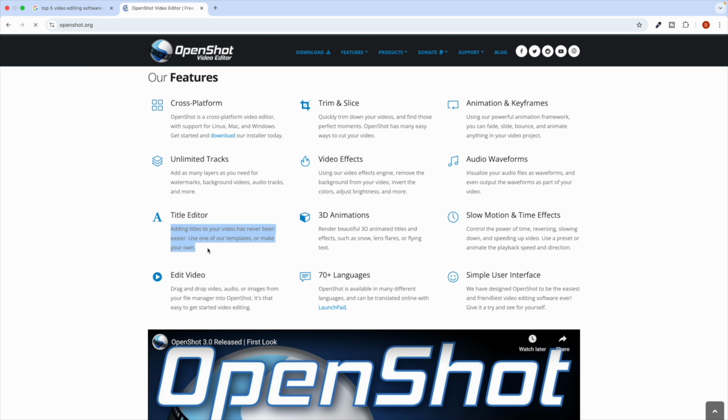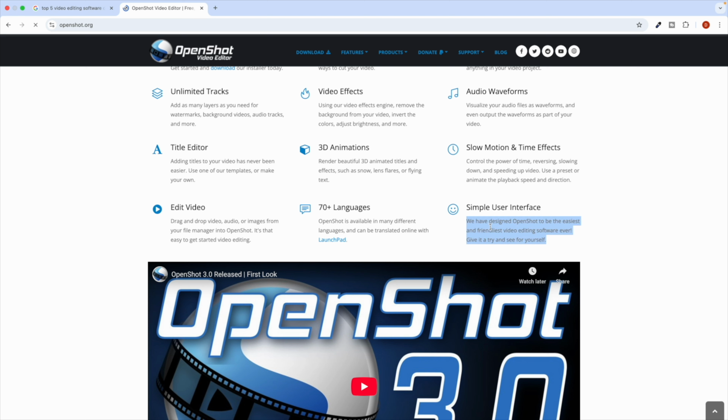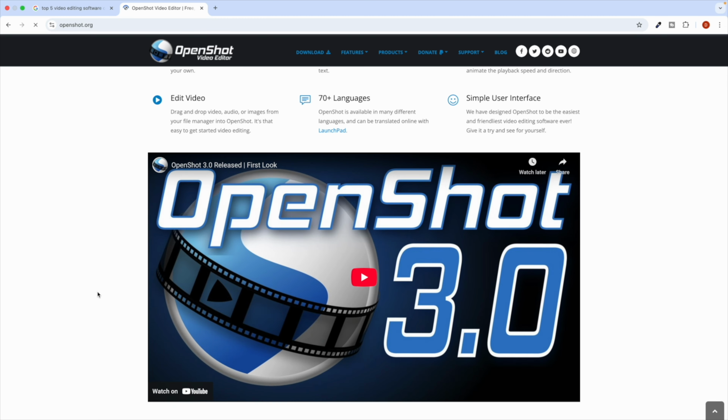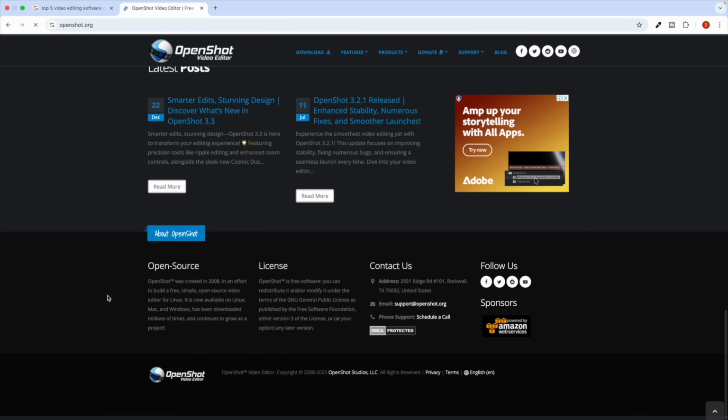It has a title editor where you can just add the title. It has some 3D animations like some effects, lens flares and flying text and many more. Some slow motions and time effects. It has a simple user interface available in plenty of languages, and it can easily edit your video, and very less